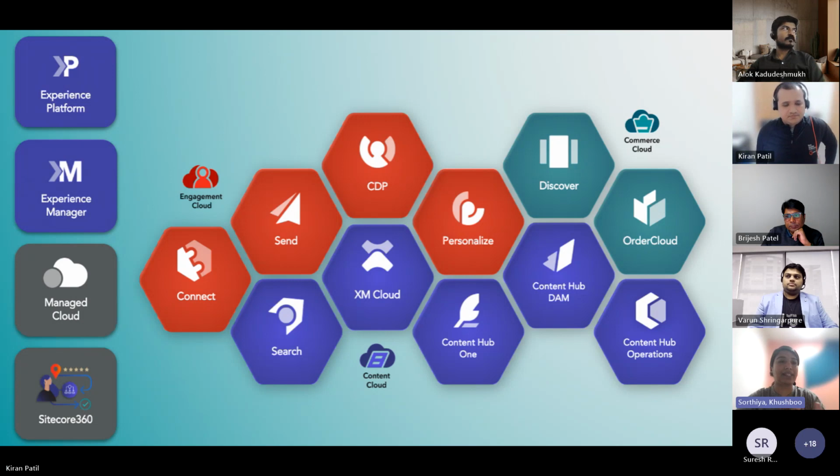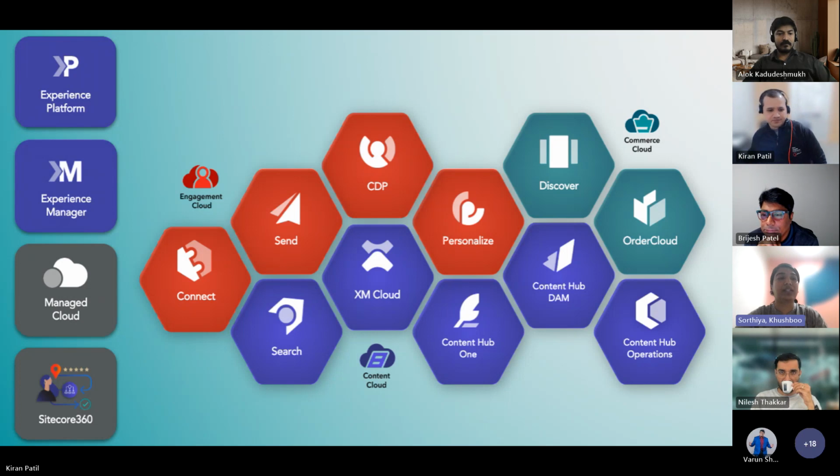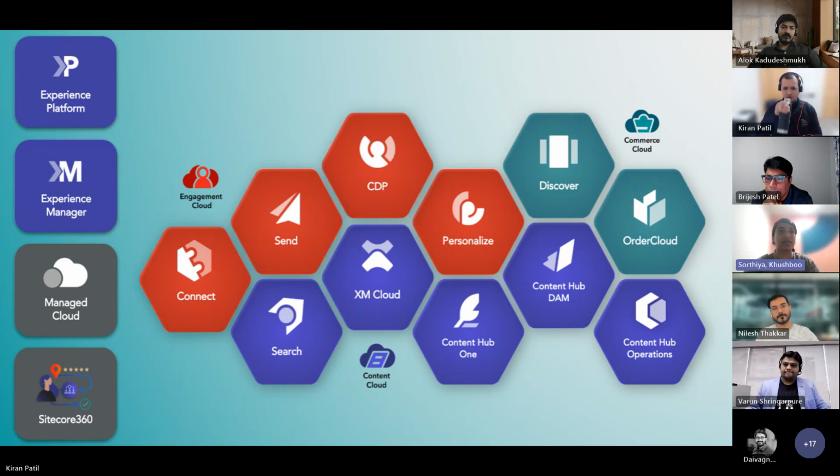When you are choosing XM plus Experience Edge, that is our products for our client. In that scenario, you have to architect your content and you have to architect your application based on that as well. So here you need to collaborate with the front end developers as well, so that you can architect the content so that they can easily consume that in their Next.js application. And this would avoid the rework as well. So that's the main key learning as a developer.